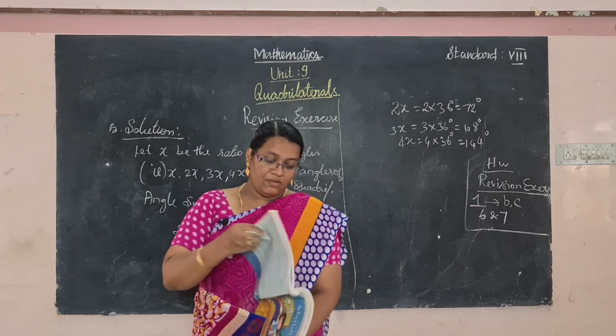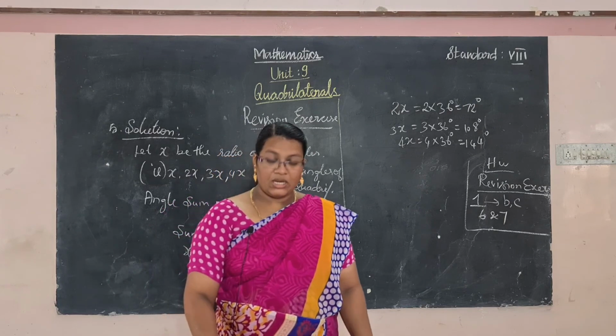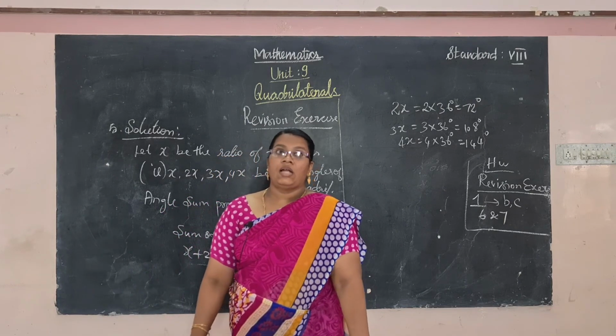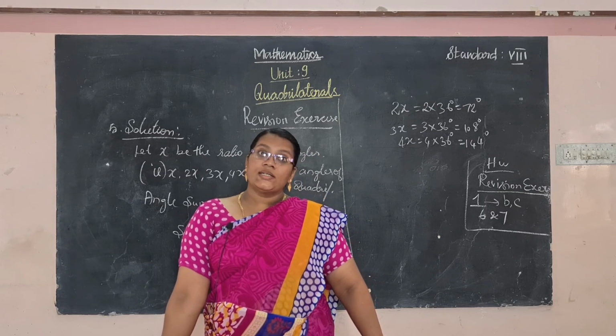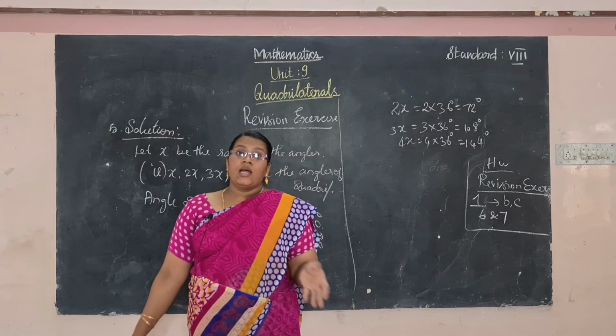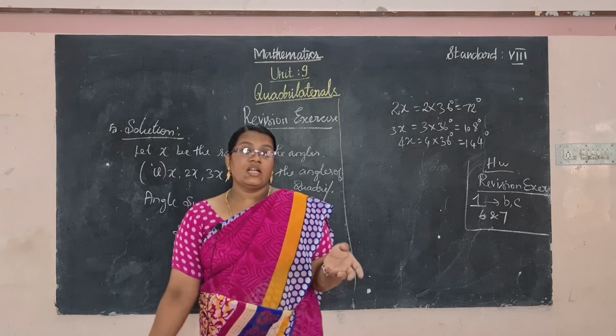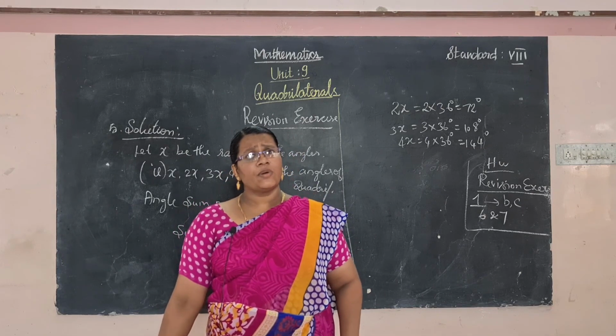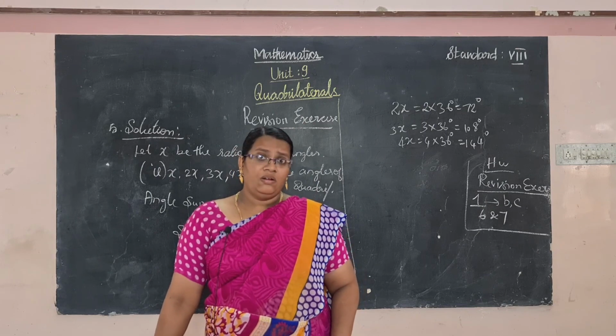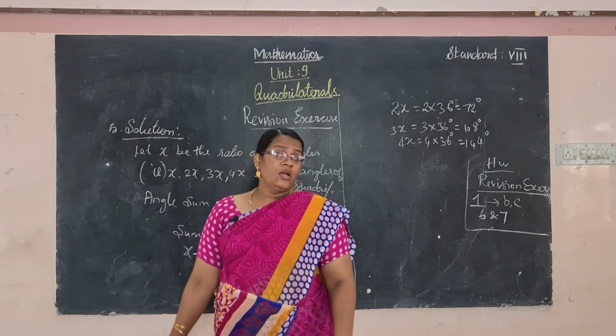Okay. So today we have learned about the quadrilateral and types of quadrilateral and interior and exterior of the quadrilateral and adjacent and opposite sides of the quadrilateral and angles of the quadrilateral and then angles and property of the quadrilateral we have learned. I hope you all understood this today's concept.